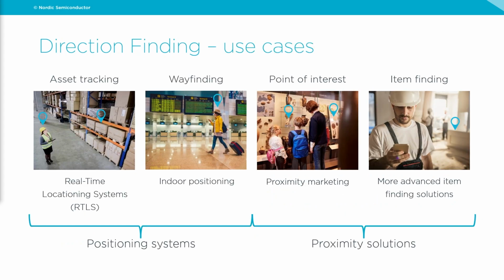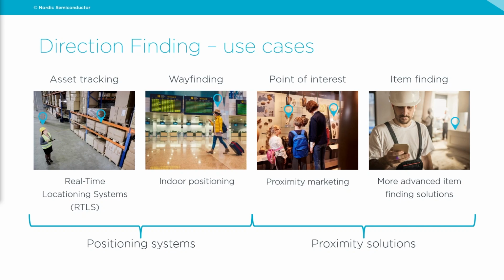So there are a lot of use cases for doing direction finding. Some of the primary ones, and the ones that we see asked for most often, is asset tracking, where you want to have a real-time locationing system, RTLS. This is really well suited for doing that. And the key driver here is the ability to do low cost devices to be able to track them. And when you do asset tracking, you normally want to track them inside an area, which means that you have a controlled space where you want to be able to locate things, and again suited for